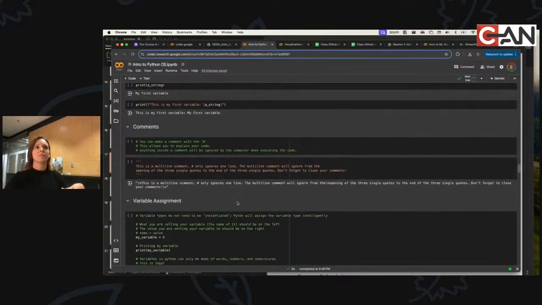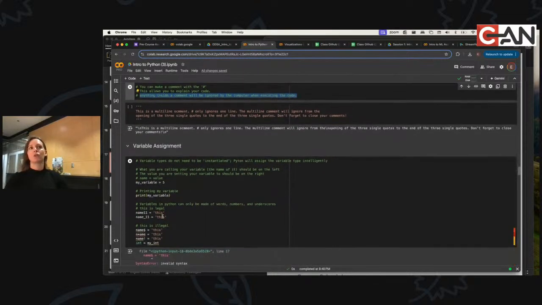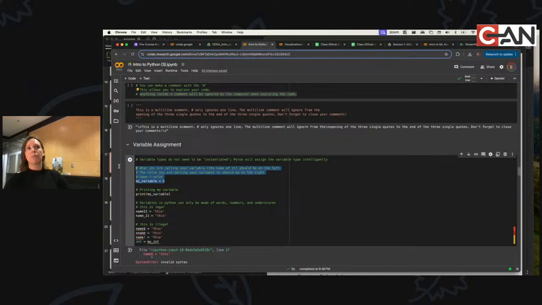Printing, comments. So you guys know you can put a hashtag and then anything after that line is ignored. So this is a comment in code. It's not actually code. It doesn't actually do anything. You can write whatever you want. It's like notes. Sometimes you'll go through code and people will have a bunch of comments. Basically, the green stuff here is a comment. It starts with a hashtag and a space.